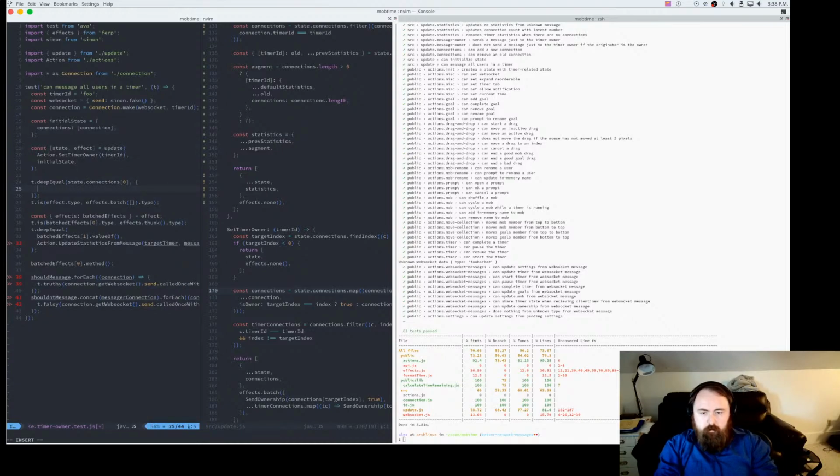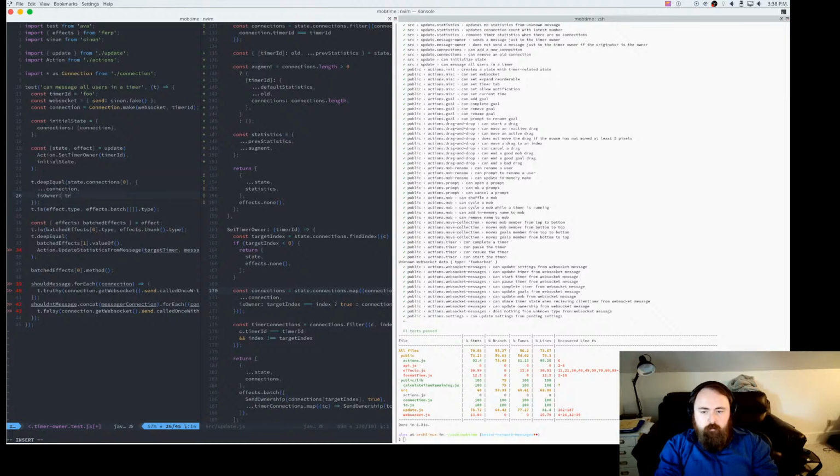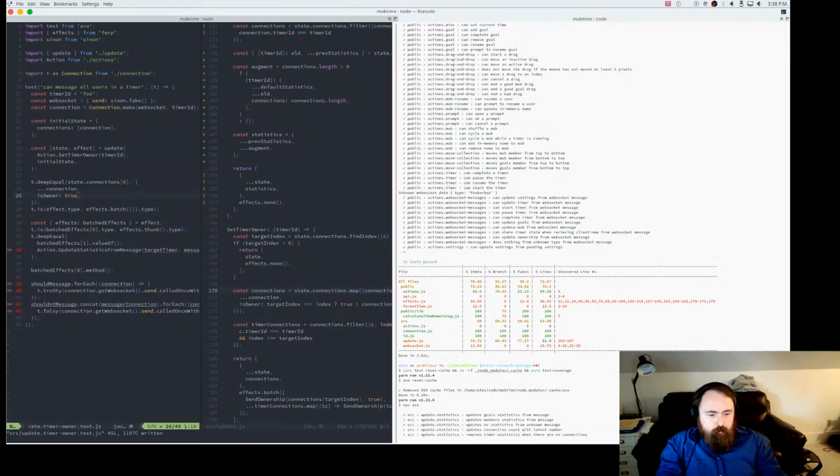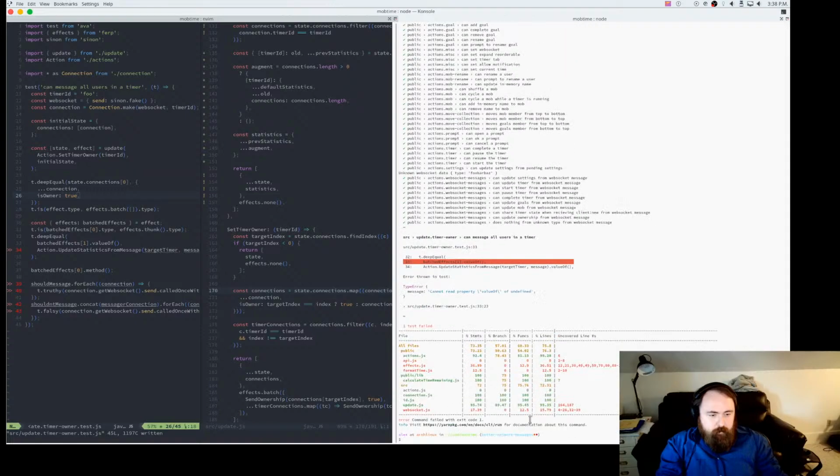Just to make it a little easier, we're going to say connection, but we're going to change is owner to true. Cool. So technically we made a failing test, but it's not true TDD. I mean, we're just backfilling at this point.